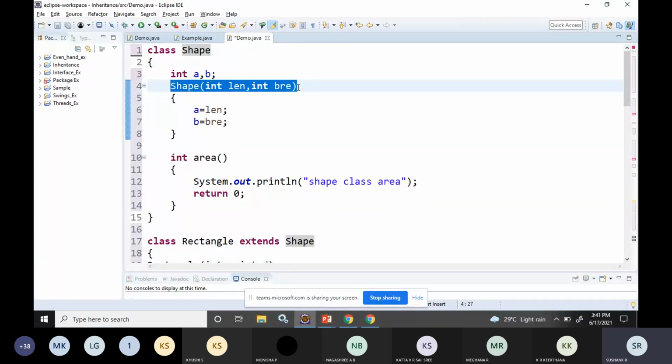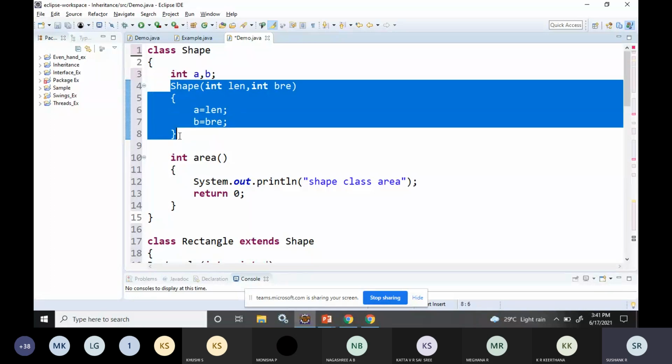So whatever names you take doesn't matter. You can take a comma b, c comma d, or length comma breadth also. Since I used length comma breadth, I just use the same thing. It will look for a constructor with two parameters, and if we have one, that statement will be executed. You can take anything, that is not a problem.